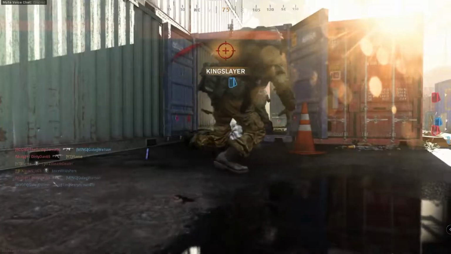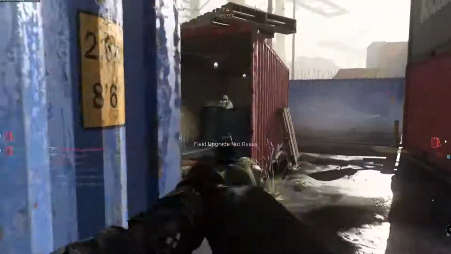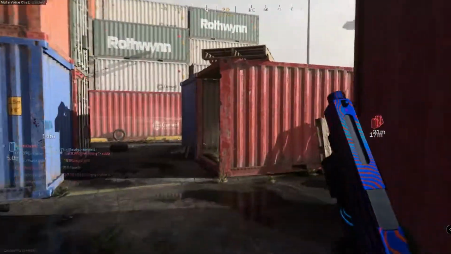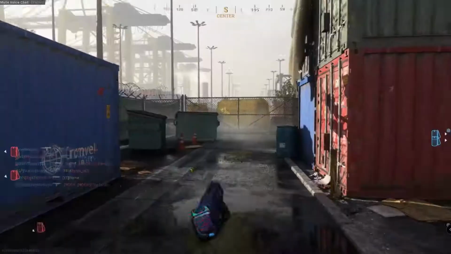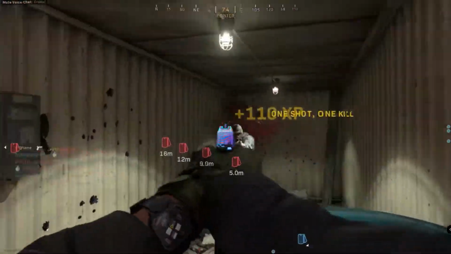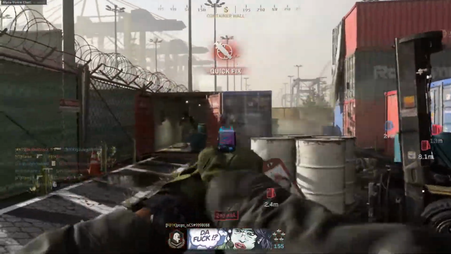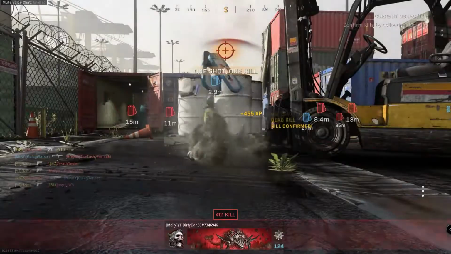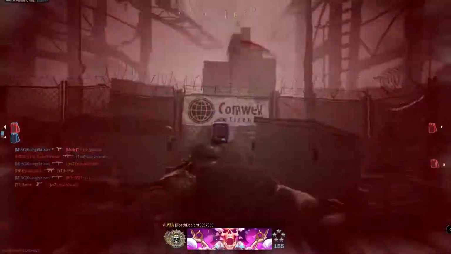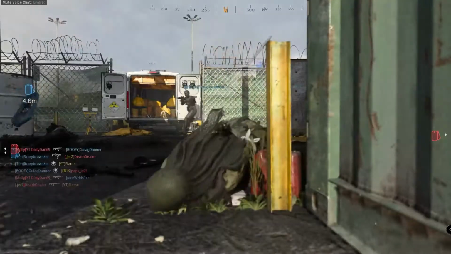And a lot of people were saying the snipers were too overpowered. I could see why they'd say that coming off of Modern Warfare. I could understand that. The snipers are pretty damn strong. But that being said, that's teammate. I don't think it really warrants too much of a nerf, because regardless of how overpowered snipers are, unless you make it so that they literally one shot from 5 light years away,